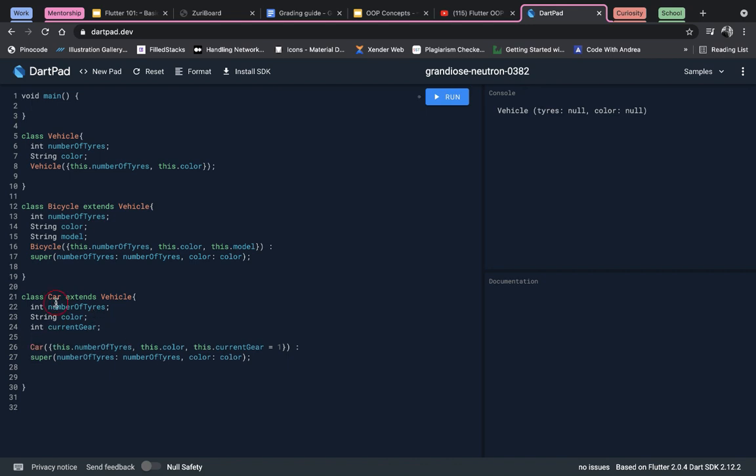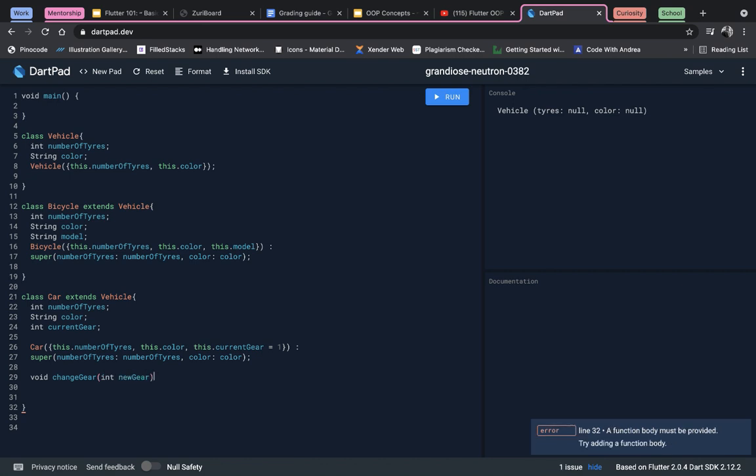If I come to this car class that extends vehicle, I might want to add a function that will change the current gear of any car. So to do that, I can simply come here and say void, and create a method, change gear,